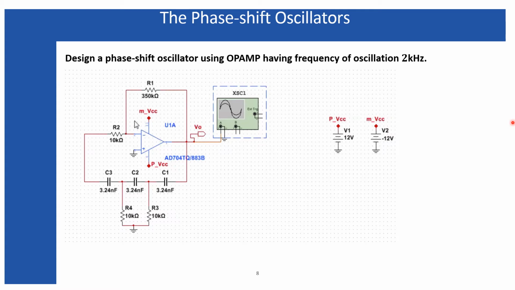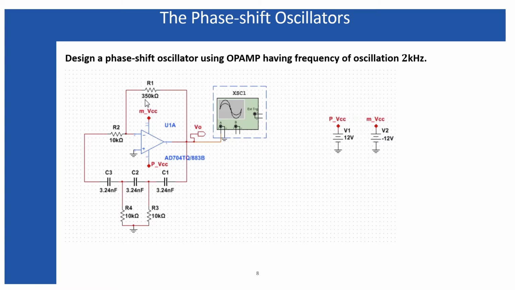Next thing is that the condition of oscillation we have obtained, that is 29, and in my calculations the R2 resistance I have obtained is 290 kilo ohm if R1 is 10 kilo ohm, although the names are different in the schematic and in the diagram, but that doesn't make any problem. So the resistance appearing over here is 10 kilo ohm, and in order to make the gain 29, this resistance in the feedback path must be 290 kilo ohm, but here I have kept 350 kilo ohm because in a practical circuit we generally keep this resistance a bit larger than the required one, or than the resistance you have calculated, because